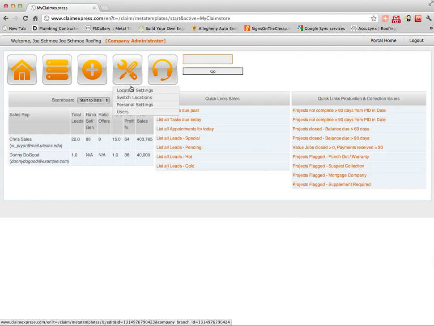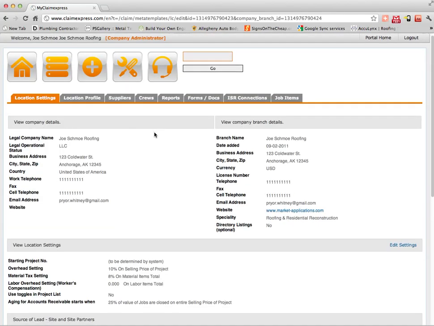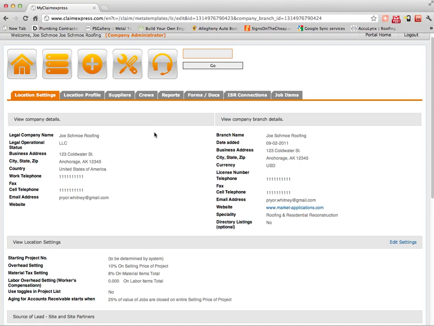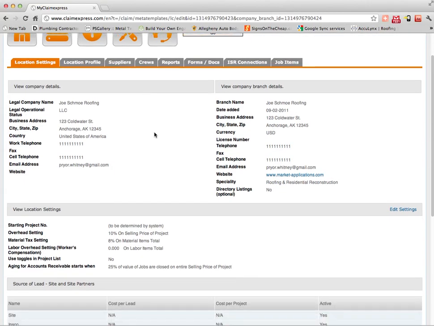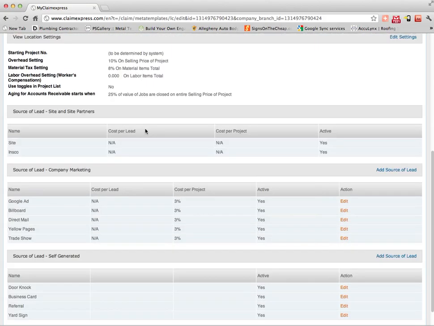So this is where your location settings is. From the previous video, you would have learned all of the navigation icons and what they will take you to. So we're going to go into the location settings. And this is where you go to edit all of your location settings. So you'll notice the first information that you can edit